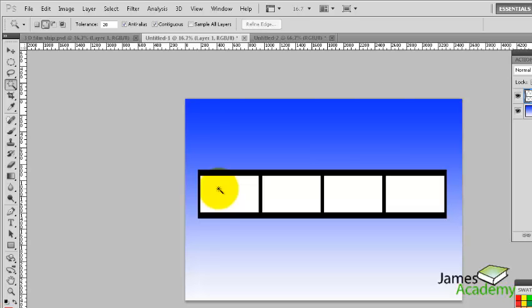Next, I want to remove the white background. I click the magic wand tool, still holding down my shift. I click, and it's all selected. I remove it by pressing delete. Then I move on further